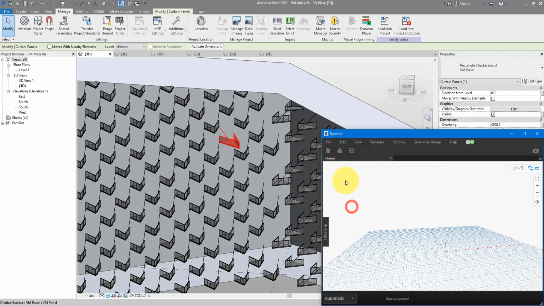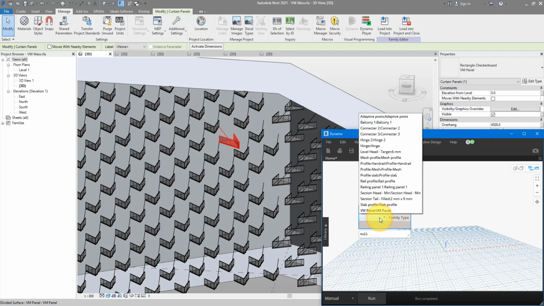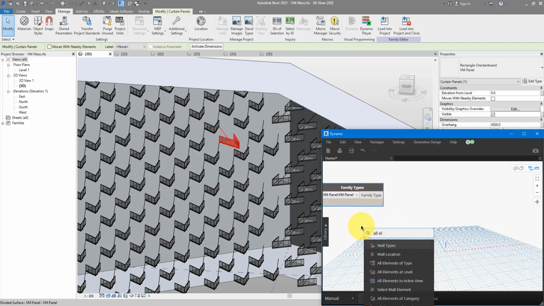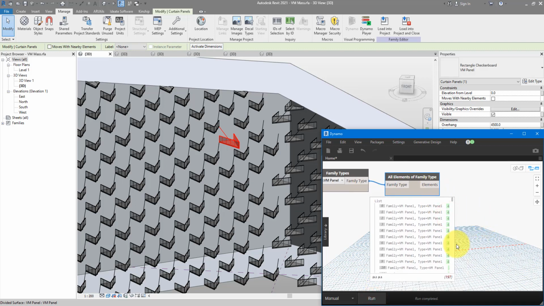Let's go to New now. And we can start with selecting our curtain panels there. I can now right click and search for family types. In here, just choose the curtain panel family, and do all elements of family types. Connect this to there. And you can see now it's returning 197 items, which is a bit more than what